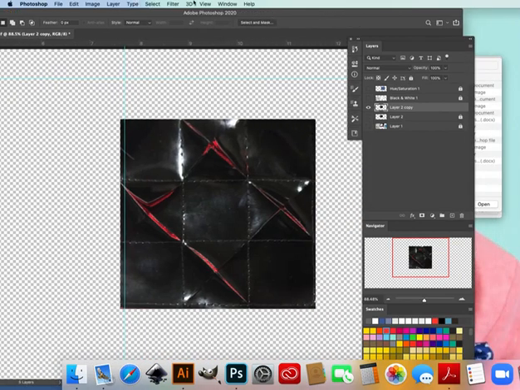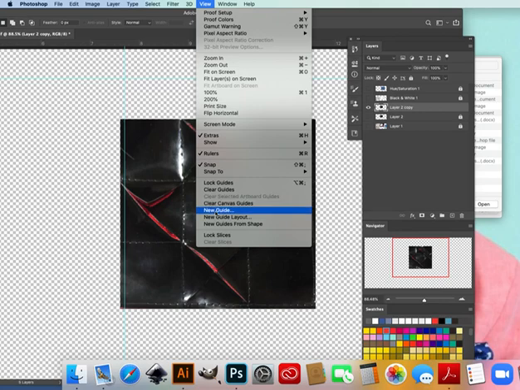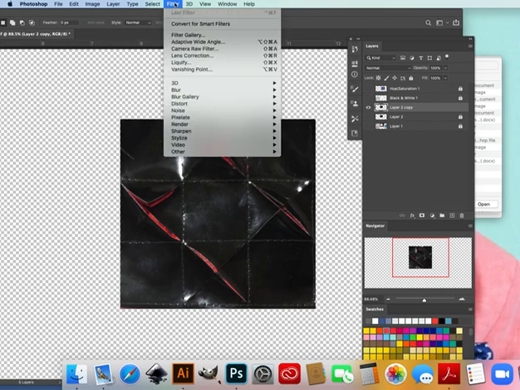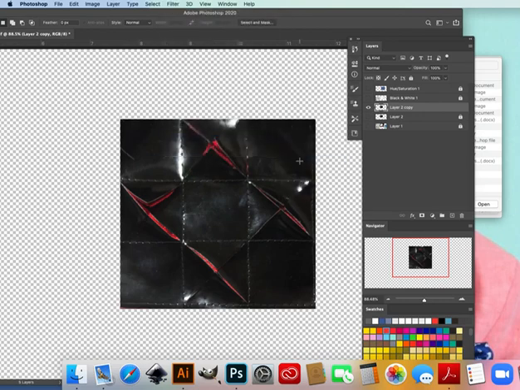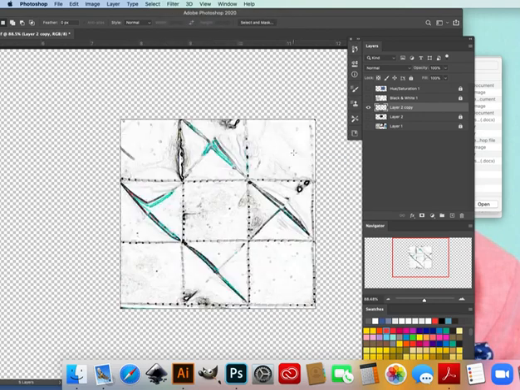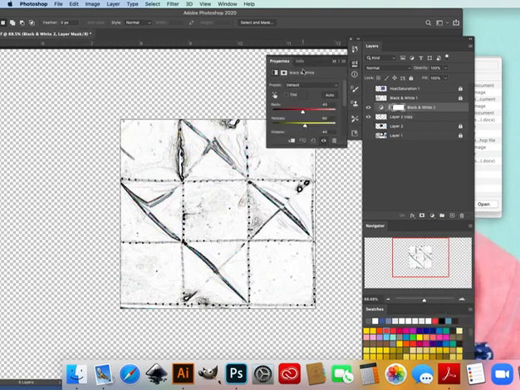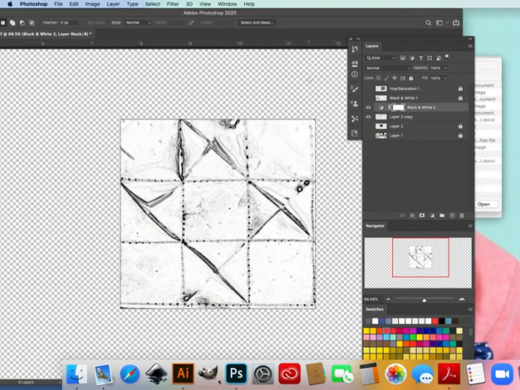If we want to get rid of the rulers, come up to View, Clear Guides, get rid of them. Okay, so this I've tried before and there's lots of different choices in filter, and the best one I found was Find Edges. The other thing is we need to get rid of the colour, so we just go black and white. And really, it's not ideal, but it's probably the closest we're going to get to